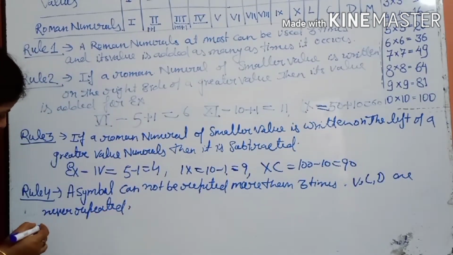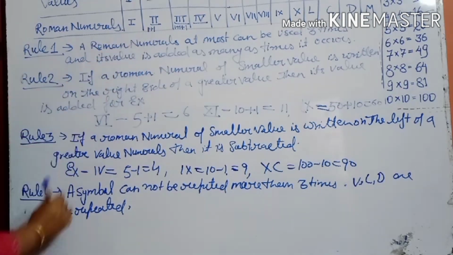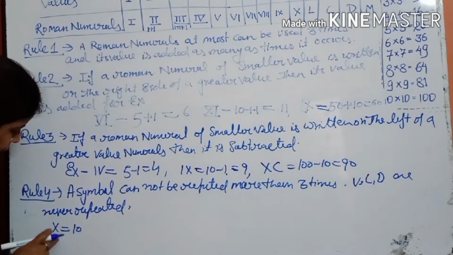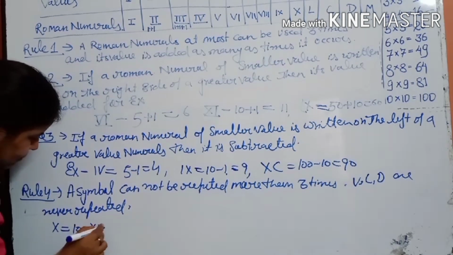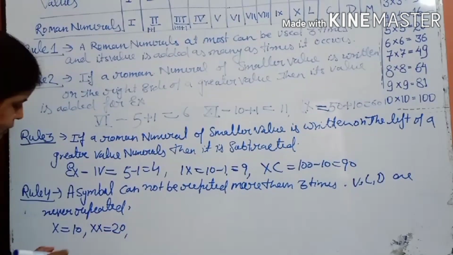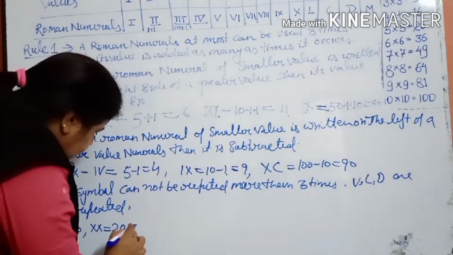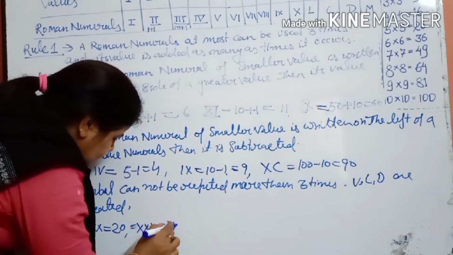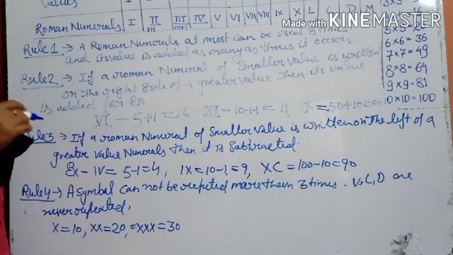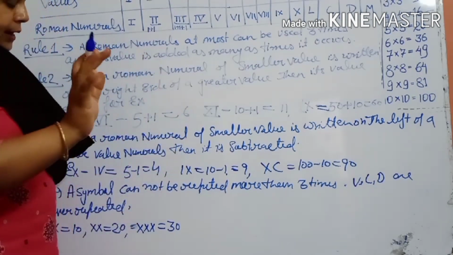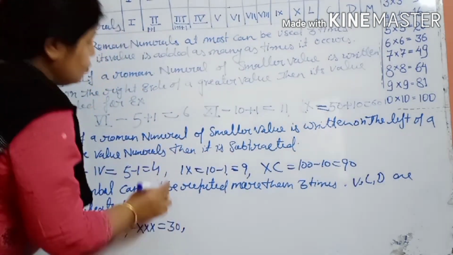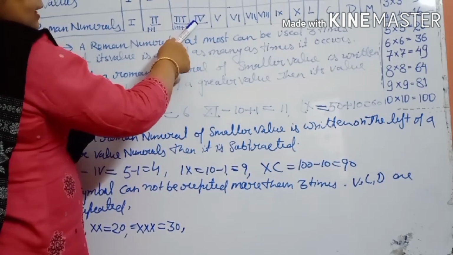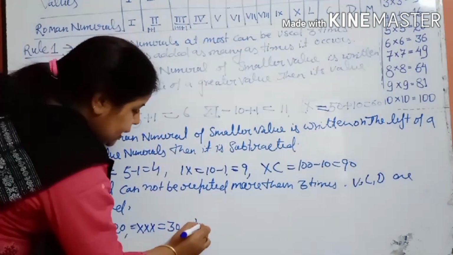For example, suppose I would like to write, as I have written 1, 2, 3. In the same way, for 10 you already know we are writing X. For 20 we can write 2 times X, it will become 20. Suppose I would like to write 30, how can I write? See that, 3 times X, it will become 30. Now suppose I would like to write 40, but now I will not write 4 times X. What will I do? For that I have to write in the pattern of 4 that I have written. How have I written it? 5 minus 1. So here we have to write for 40.